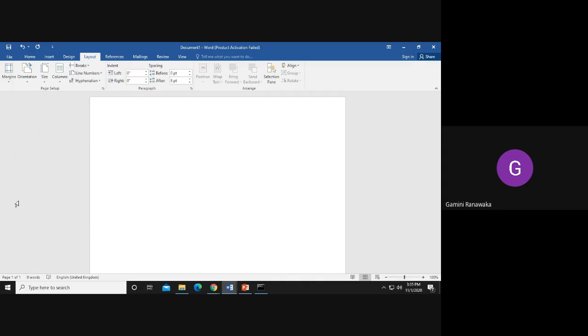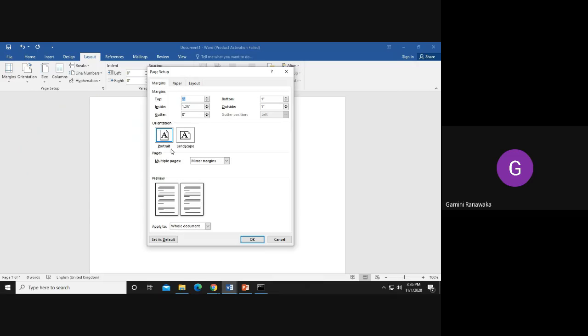Right? Now let's say every time you open a document, at the moment it will be a default size, it will select Letter. So you want to make sure it's the correct size every time you open. Otherwise you need to come into this tab and change it again and again. So what you can do is click on a small icon here